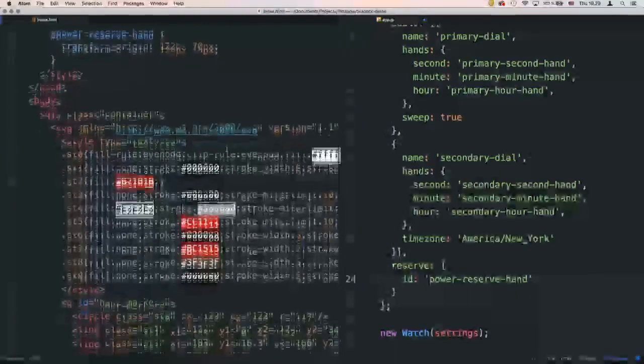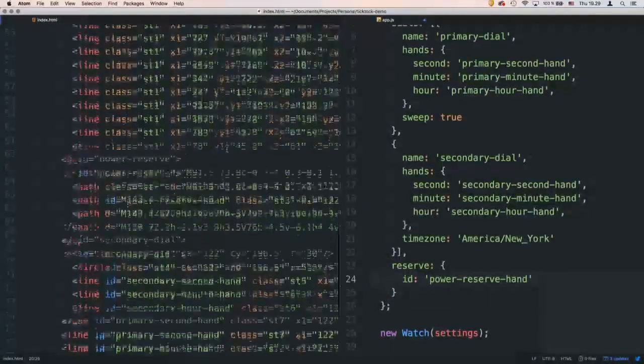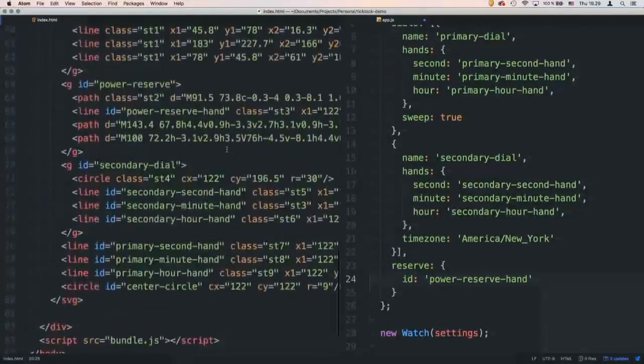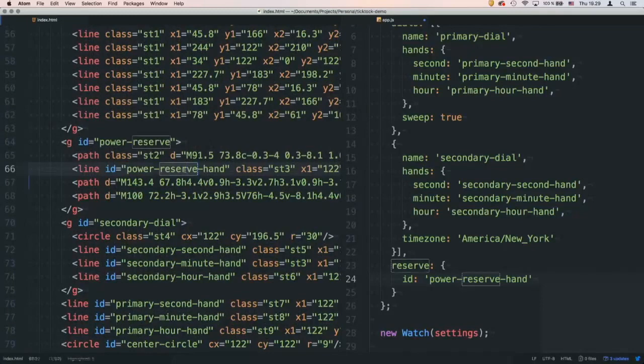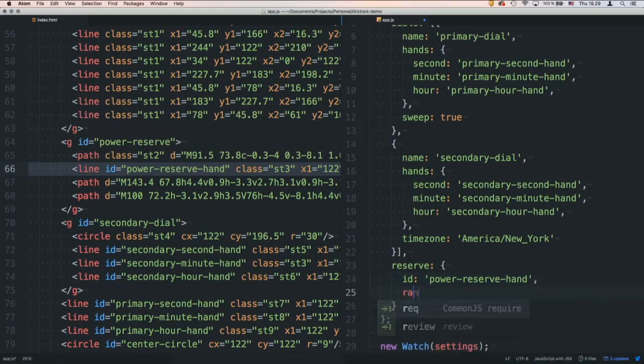Power reserve hand. If we look through here, we should see, there we go. So here we have power reserve hand. And actually, I'll show the next property next. Then we're going to define what's called a range. And I'll get into explaining this. So the range determines how far the hand will move before it has reached its full power and before it